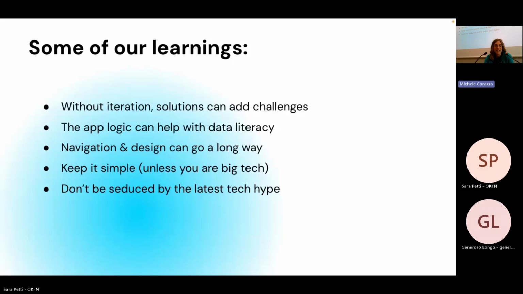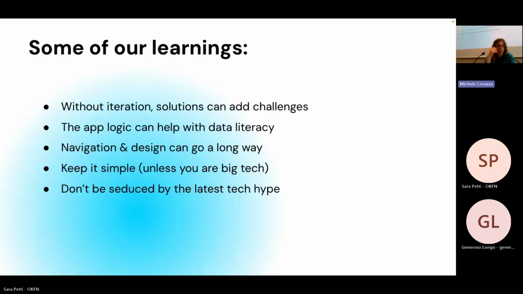Something very surprising that came up was that, especially for people with less technical background and maybe less data literate, using an application like Open Data Editor, but any other application that would help with data, the logic of the application will actually shape the way that they think about data. And so it can really help with data literacy. So it's useful to think about the way that we develop the application because it will shape the ideas that people have about data.